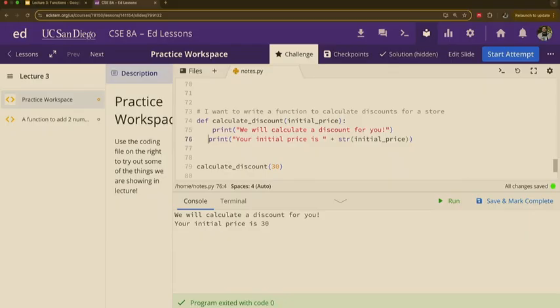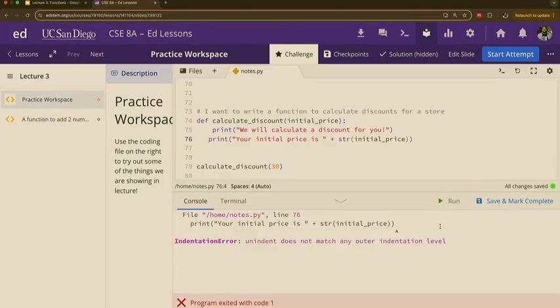These spaces are super important because now I have these spaces up until here, but this space is not lined up. And then when we run that, we're going to get this error. Indentation error. Python's going to get really mad at you because you didn't put all the indentation exactly how it has to be. So let's put it back.